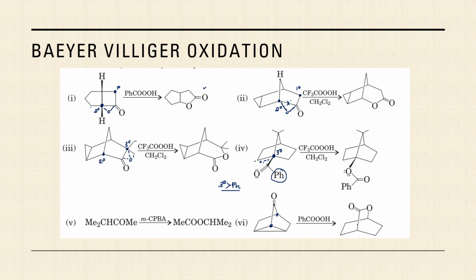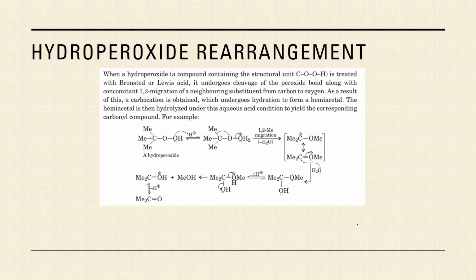So this was about Baeyer-Villiger oxidation. Let's move on to the next type of reaction, which is known as the hydroperoxide rearrangement. Whenever you take a hydroperoxide, what is a hydroperoxide? A hydroperoxide is an organic compound which contains a COOH unit. And these OO are not like this one. This is also a COH unit, which is a carboxylic acid unit. But over here, this COH unit is very different. This COH unit is the one which contains a peroxy linkage. So, if there is a peroxy linkage present within the organic compound,